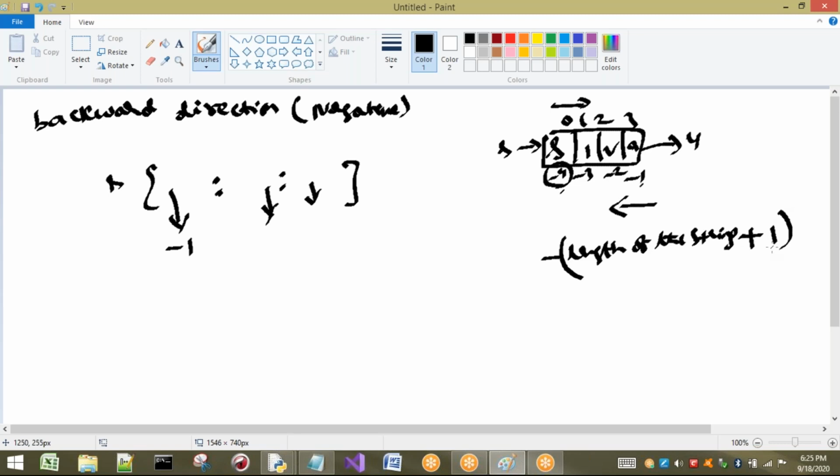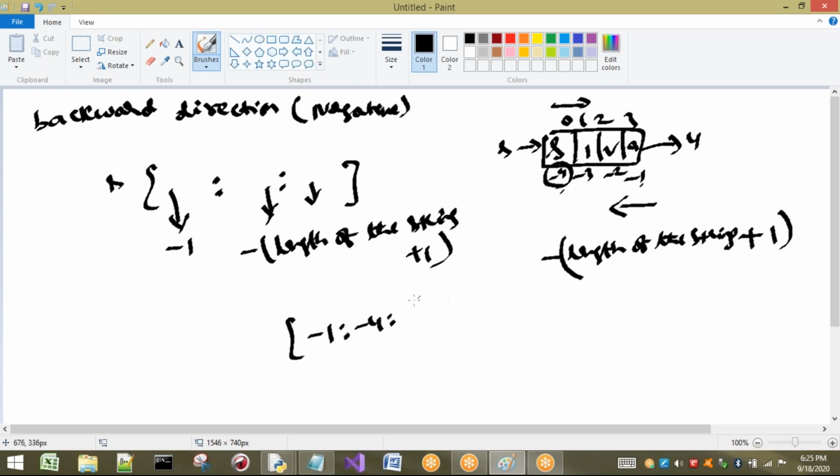This point you must understand. Plus 1 is compulsory here. The reason I will discuss. So here if I take minus 1 to minus 4, for example, or minus 5, for example, here I have taken minus 1, for example.